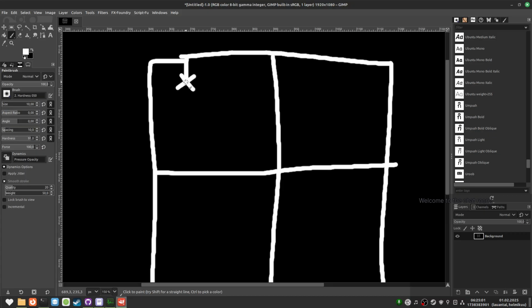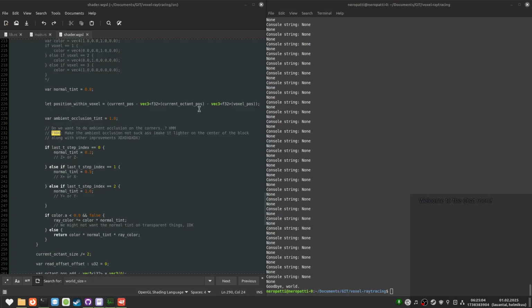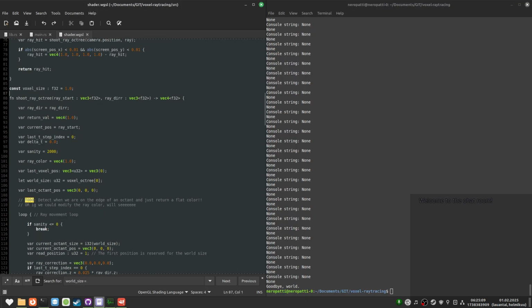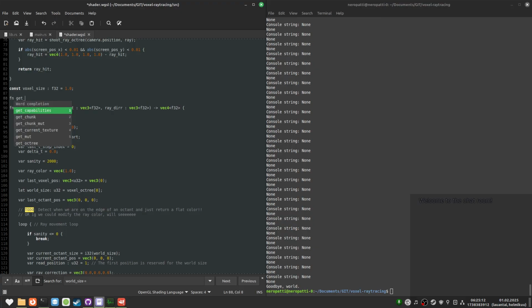So first, let's get these. I might make this just a separate function. Then F32, and we don't need the ray direction. What we need is the octant position, and also a vec3, F32.